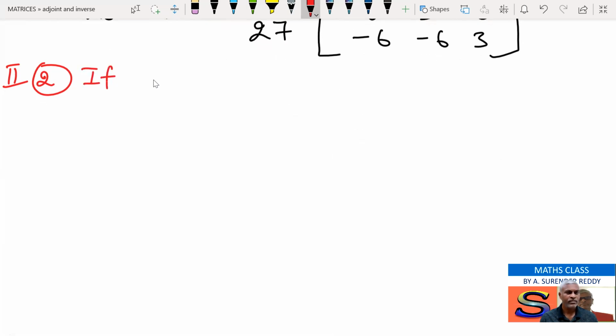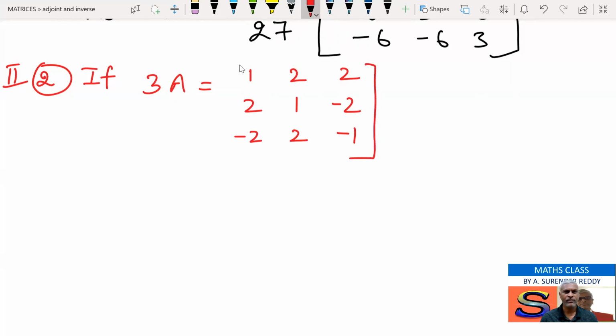If 3A is equal to 1 2 2, 2 1 minus 2, minus 2 2 minus 1, and 3 into A is this much, then show that